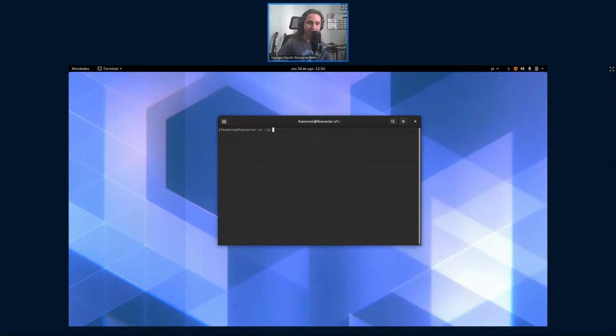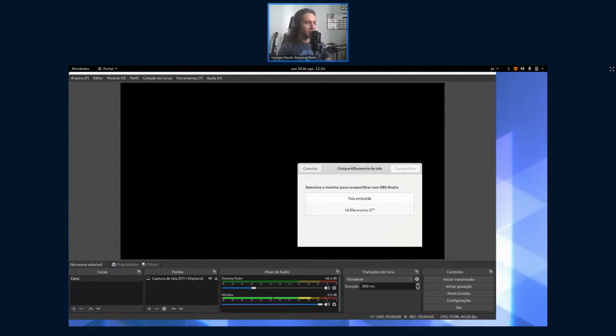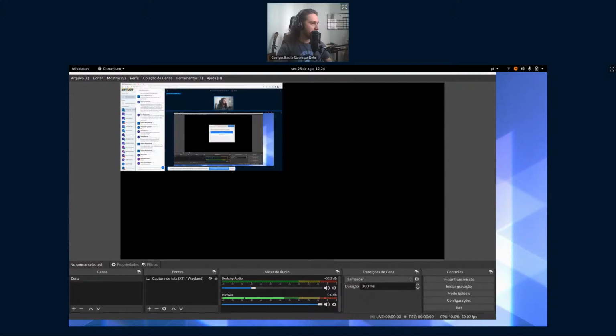Linking with the previous talk, I have this prototype of OBS Studio running as a Flatpak. So I'm going to run it with Flatpak, run OBS Studio. There you go. It automatically detects it's running on Wayland. And this is the screen sharing portal that Alex mentioned in the previous talk. So I can choose which monitor I'm going to share. The other monitor, which I'm presenting over here. There you go.